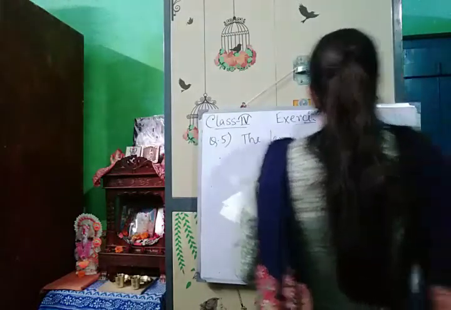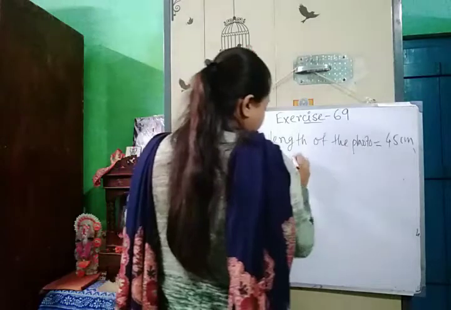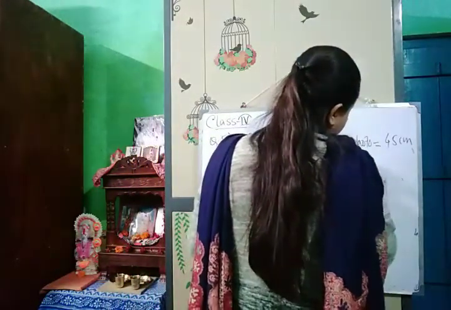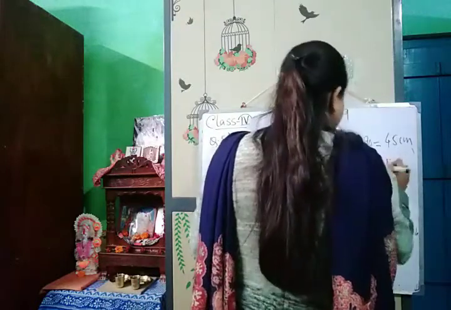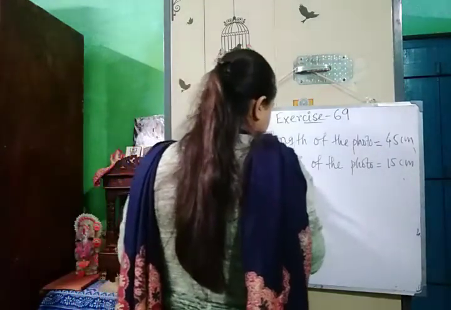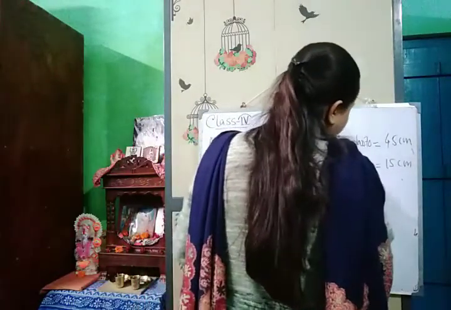Long means the length, and the breadth of the photo, that's 15 centimeter. Therefore, the perimeter of the photo